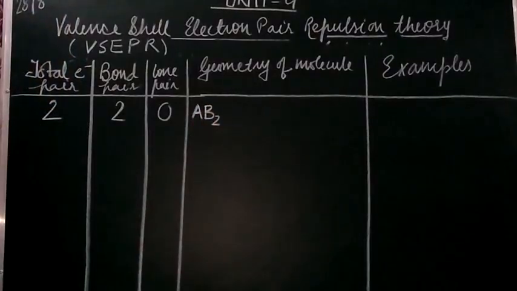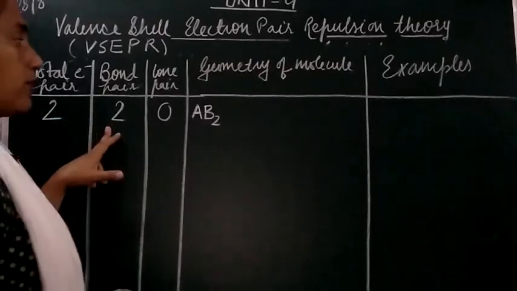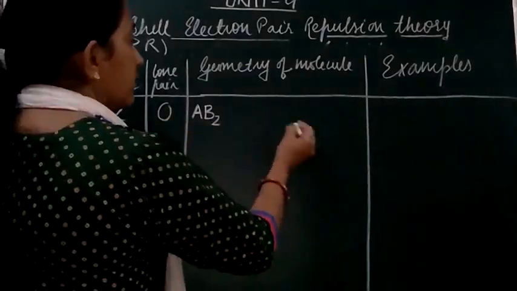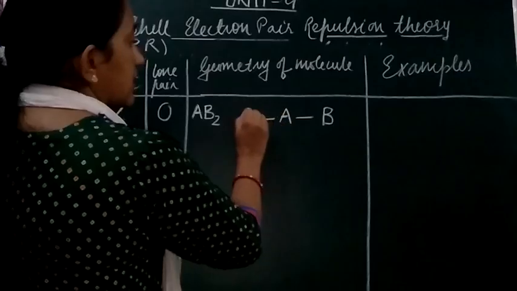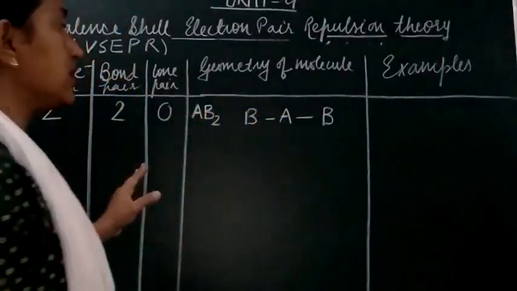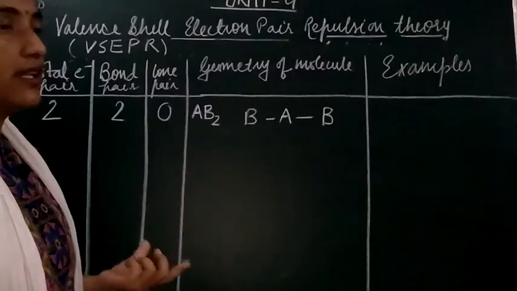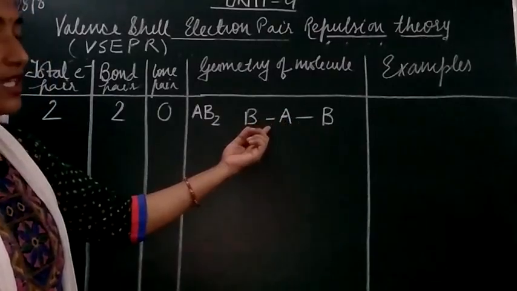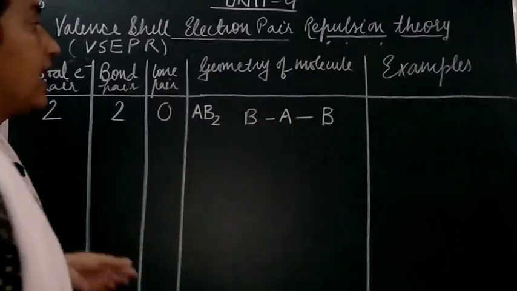So when the central atom is surrounded by only two atoms, and it has only two shared electron pairs, it is of the type AB2. And the shape of the molecule, what will it be, students? A is the central atom here. You can think about how the central atom arranges these two bond pairs around it so that there is minimum repulsion between them and hence maximum stability. The only possible way is to place them 180 degrees apart from one another, and hence this shape